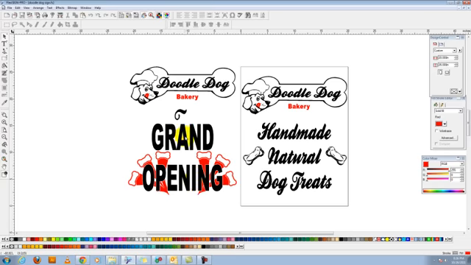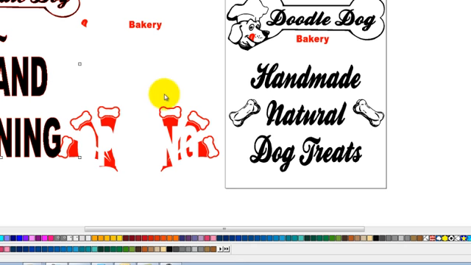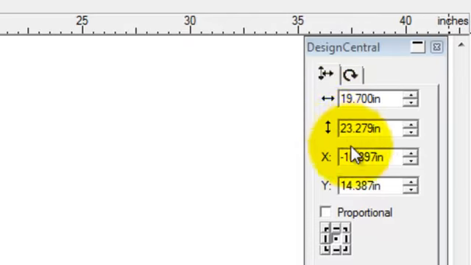But anyways, alright, here we've got this black layer, okay? As you can see, if I move it, everything red stays there, okay? So when I select this layer, you can look over here and see that it's 23.279 inches tall. Normally,